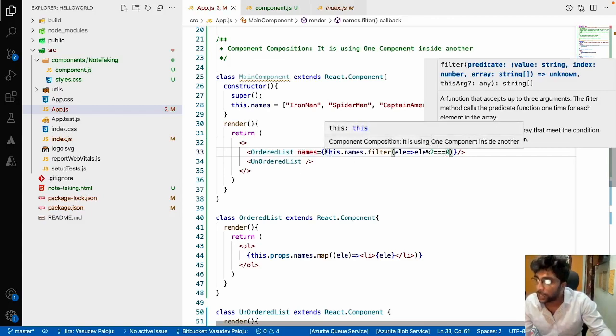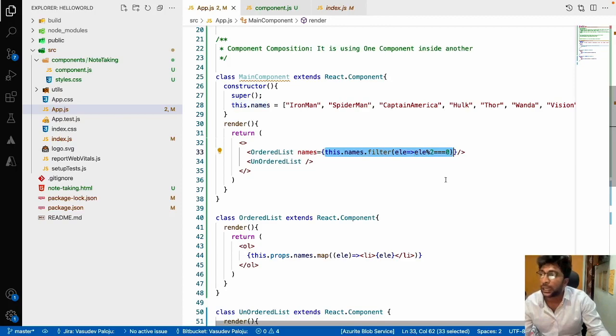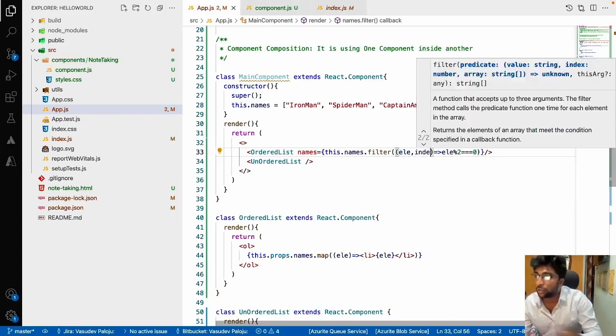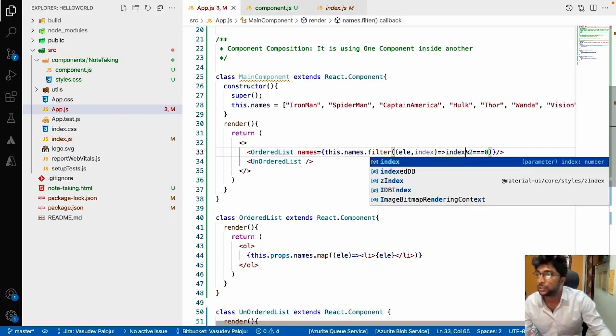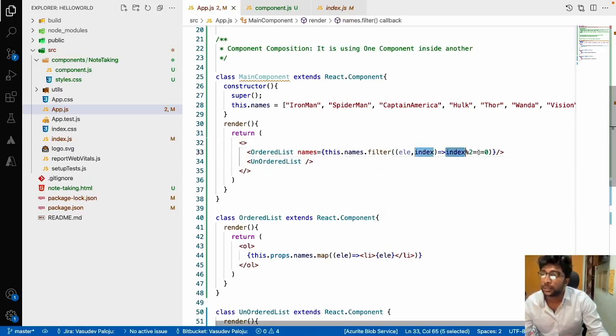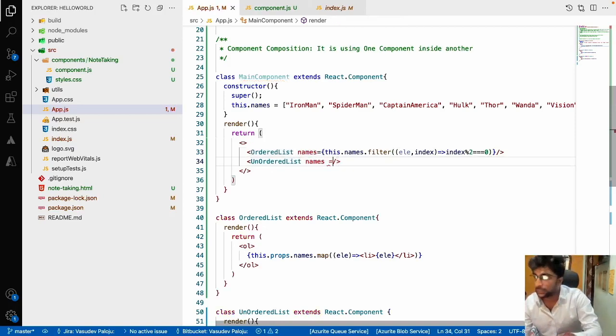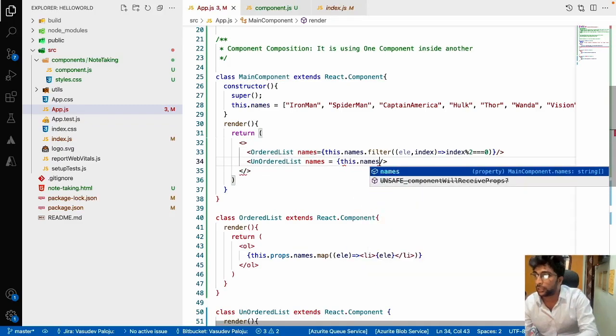So what is this array going to do? This array is going to filter these names, and on what condition? Not the element, we need to check the condition on the index. So if index % 2, I mean if the index is even, then pass it to the ordered list, and if the index is odd, then pass it to the unordered list. Okay, so basically I'll have this.names.filter,